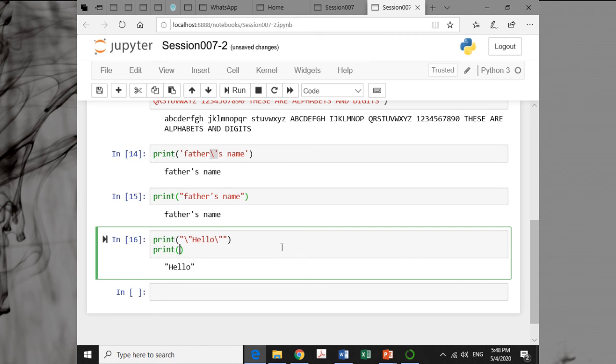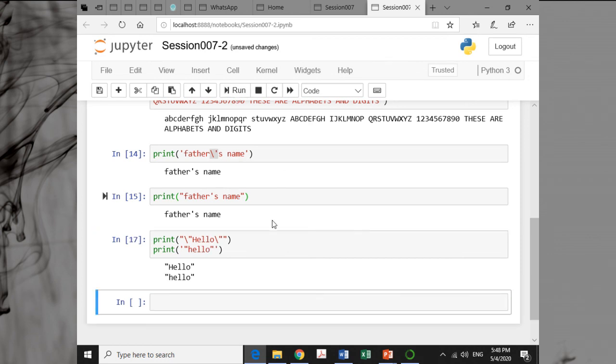So another way: since I want to print double quotes, I will use single quotes, and inside them I can write hello in double quotes.